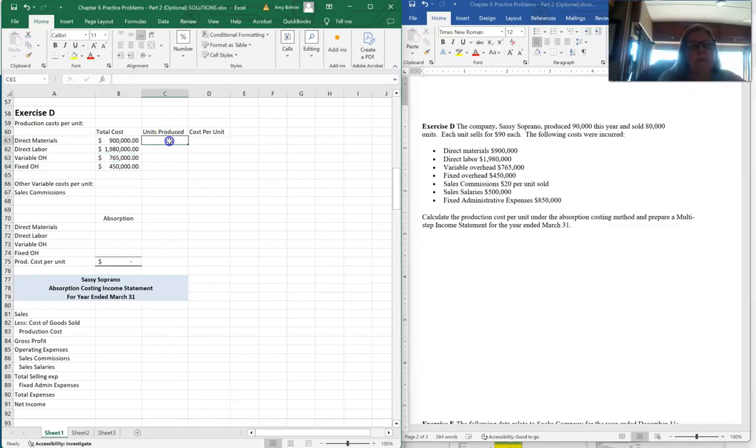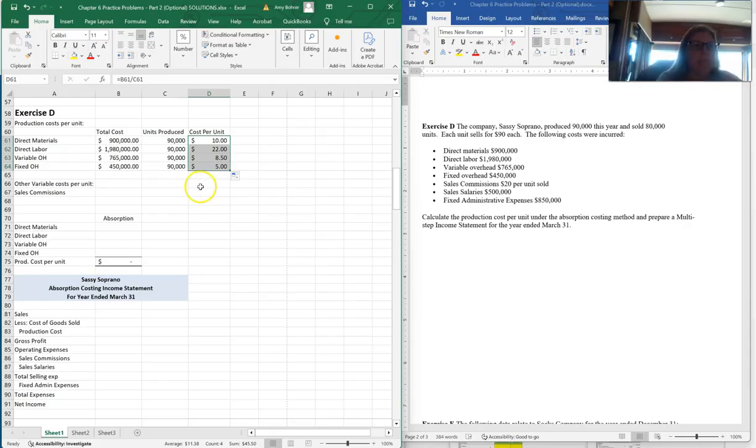Okay. And then we need to divide each one of those by the units produced. Under the absorption method, we're dividing by the units produced. So 90,000 units for each one of these. I'm just going to copy that down. And then we just have to divide. I'm going to take the 900,000 and divide it by the 90,000. So I got $10 per unit. And I'm just going to copy that all the way down. $10 per unit for direct materials, $22 for direct labor, $8.50 for variable overhead, and $5 per unit for fixed